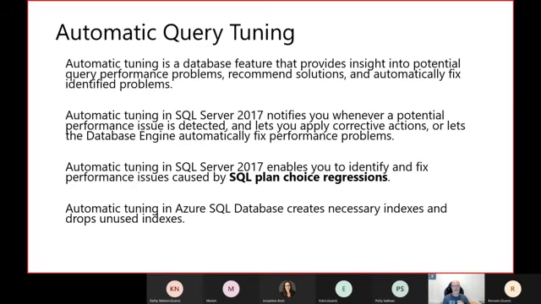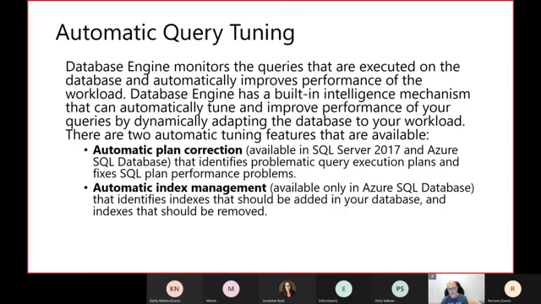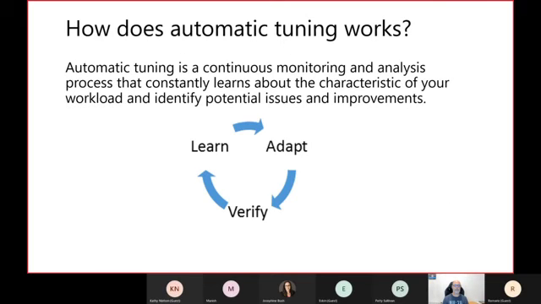That means that, if we have our report scenario, right? If the problem happened at 3 a.m. in the morning, it's gonna detect the regression right away, and it will fix it right away. So we don't have to wait until someone takes any manual action, right? So this is automatic query tuning. Really, really easy to enable. Again, Query Store has to be enabled as well, starting with SQL Server 2017.